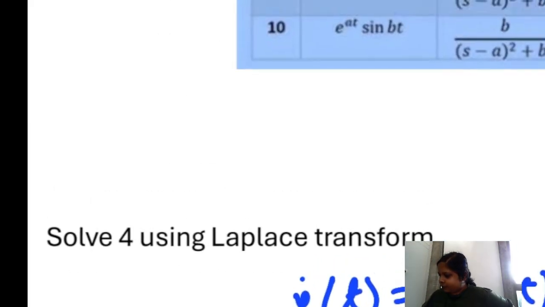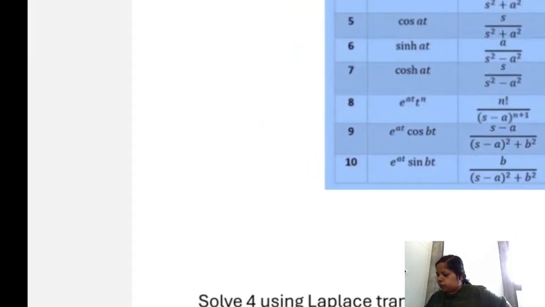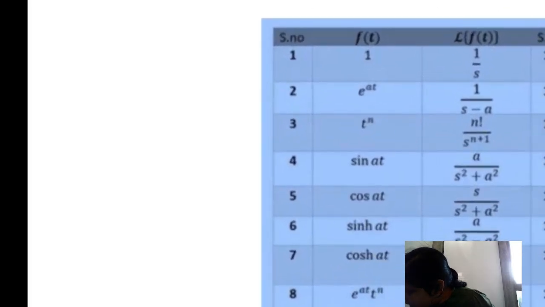We want to solve this using the Laplace transform method. So we will take the Laplace transform of all these terms. If you see in the table, this is the f dash t term in